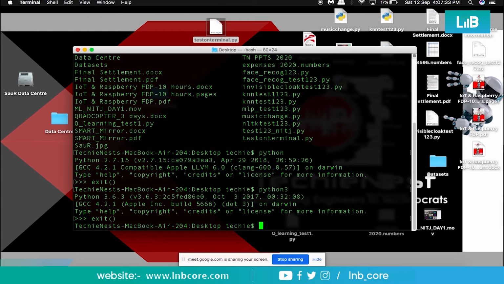So this was just for testing, to check whether Python commands are working directly in command prompt or not. Then type python3, enter. If you are on desktop and the program that you want to run is also available on desktop, then only it is possible. You should have the same path, right? test on terminal .py.